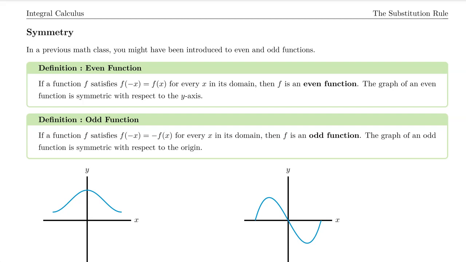So why do we care about if a function is even when we are calculating a definite integral? Well, if I have a definite integral of an even function and I'm evaluating the area underneath the curve from some lower limit of integration to some positive integration, if the lower limit is equal to negative a, where a can just be any value or any constant, and the upper limit of integration is positive a, notice that if I took this area